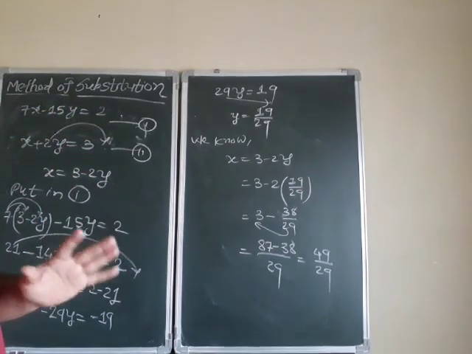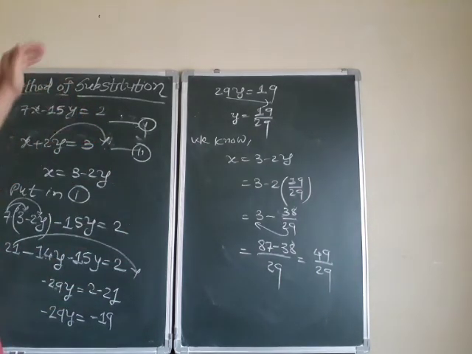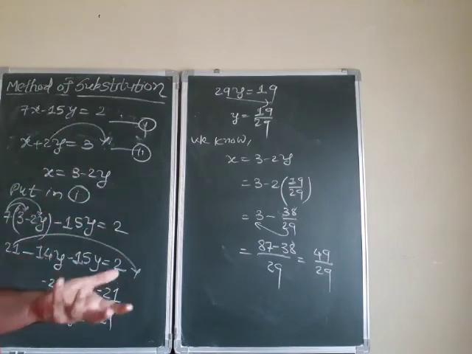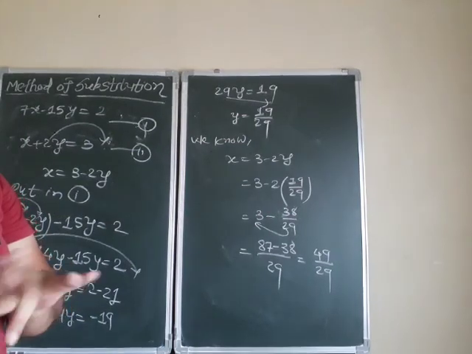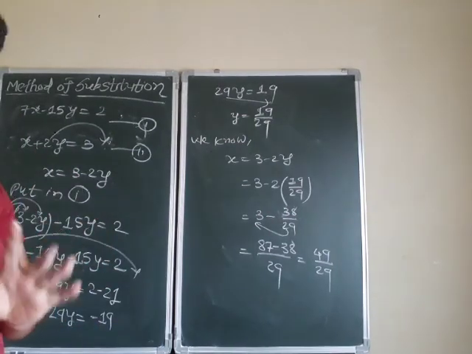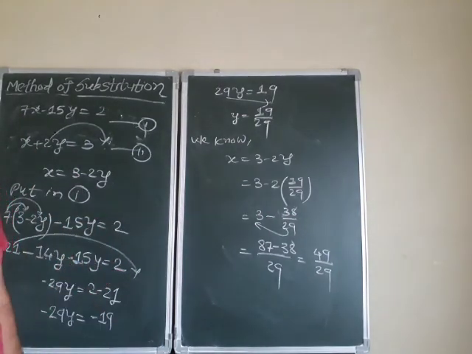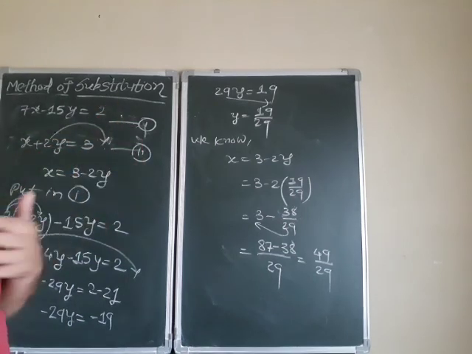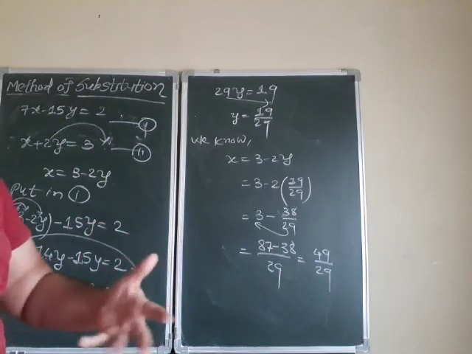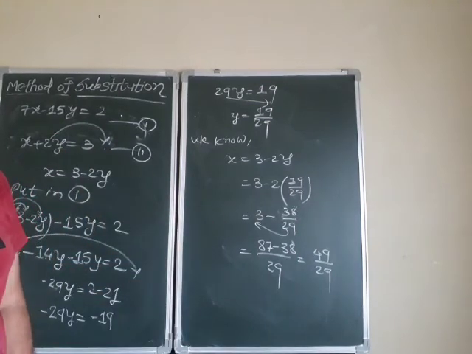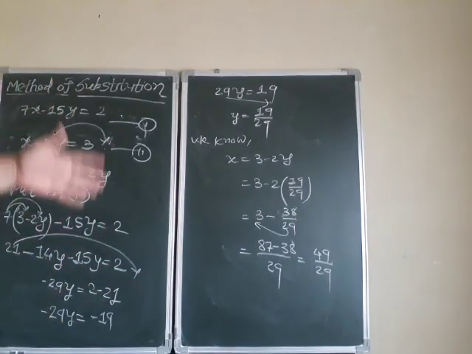It is not compulsory. You can also get the value from 1 and substitute in second. So either you can substitute second from 1 or you can substitute 1 from second. You can do anything. Is that clear? So nothing is compulsory. And see here, the equations 1 and 2 that we have noted, they are giving the pair, they are not saying which one is first and which one is second. Is that clear? Fine. So please complete these examples.